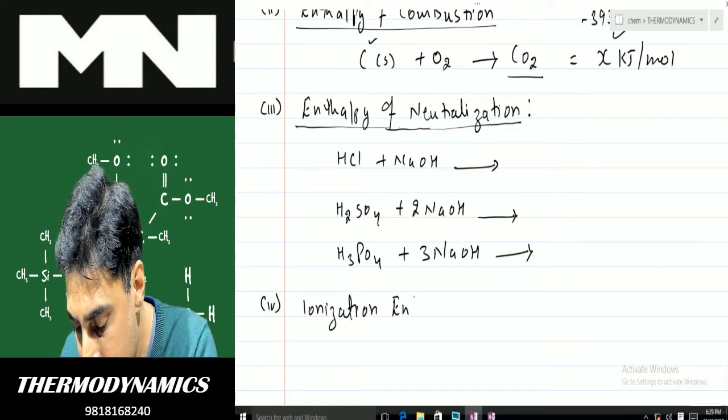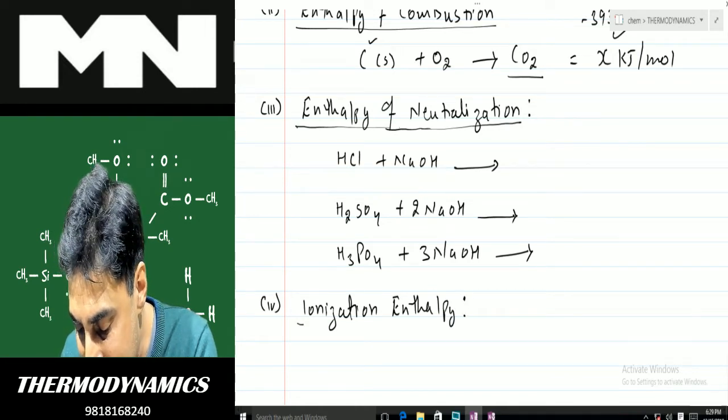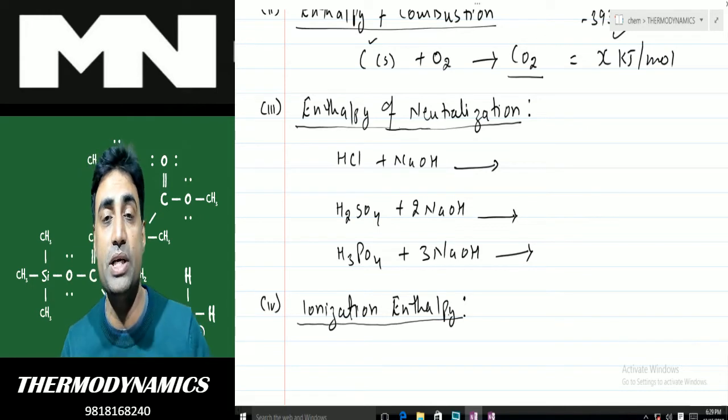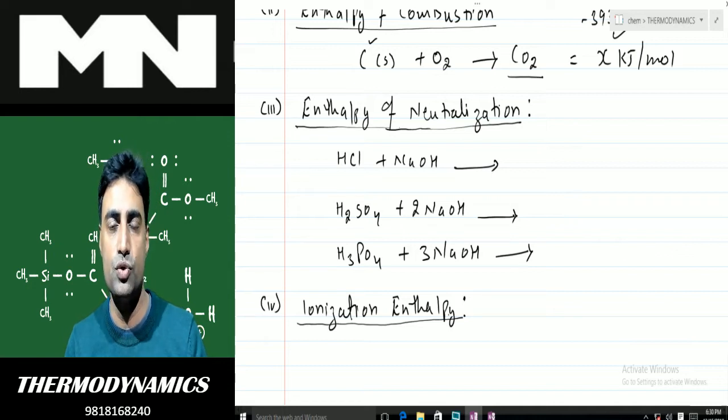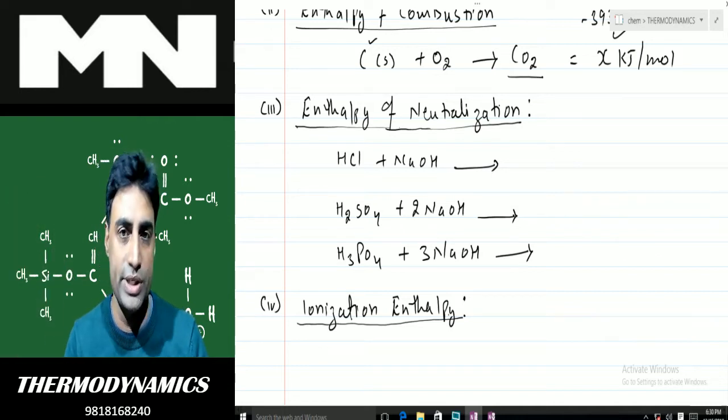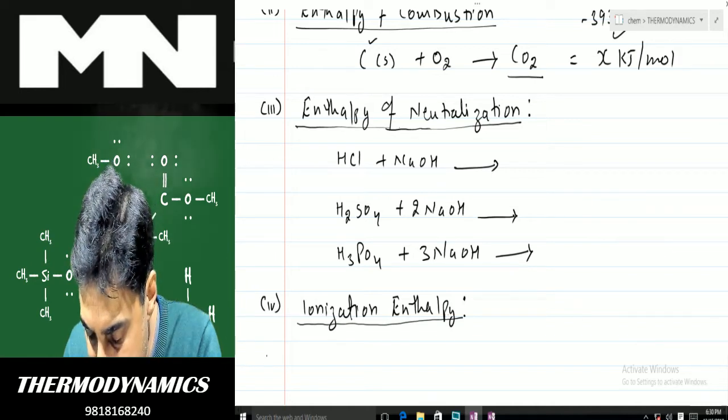Ionization enthalpy. This I have already taught you: it is the enthalpy change accompanying the process of removal of the most loosely held electron from an isolated gaseous atom. So the most loosely held electron is the one that belongs to the valence shell. After that we have